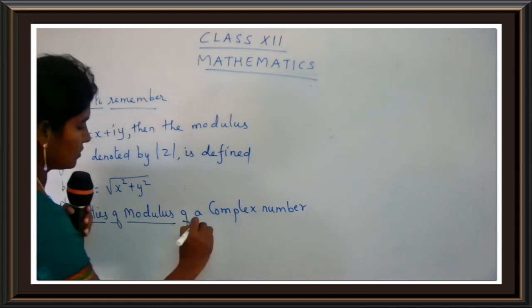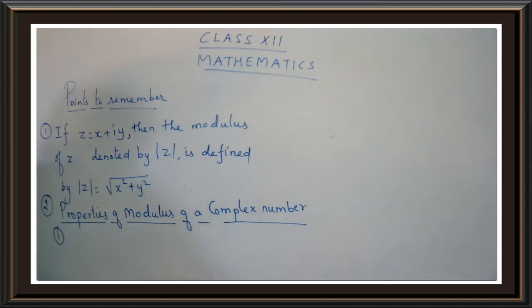They have given you 8 properties over there, yes children. And along with the 8 properties, you have to add one more property over there. It's the first one. You can see an orange color box. Yes, we have one property over there. So you have to write down that property as the first property. What is the first property of modulus? Modulus z square is equal to z into z bar, that is z into z conjugate.